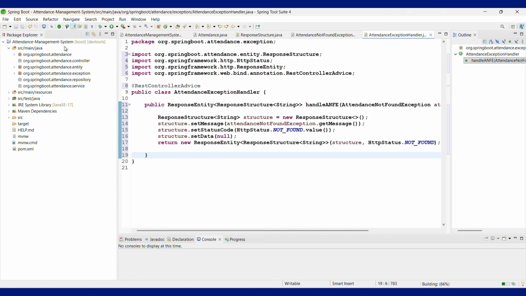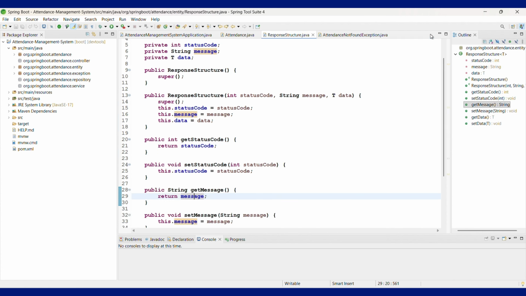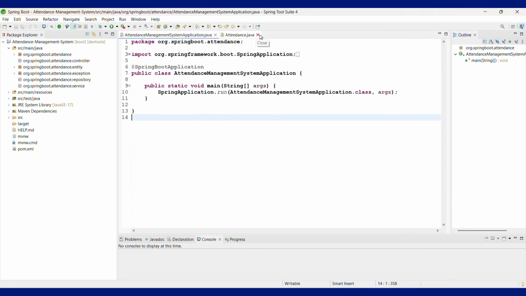Okay. Now just save it and just click here to close this. Close this. Close it and close this. After this, let's first create a repository